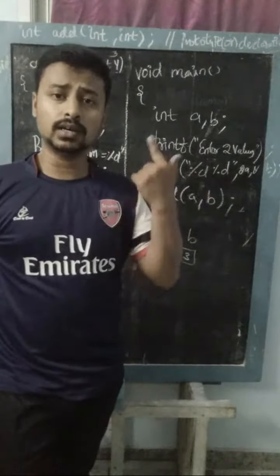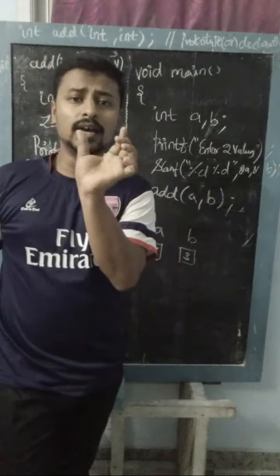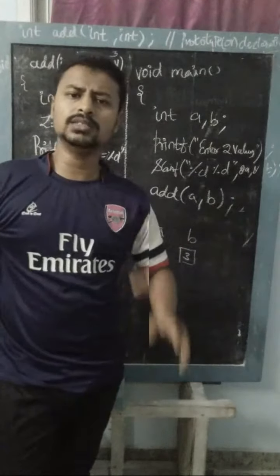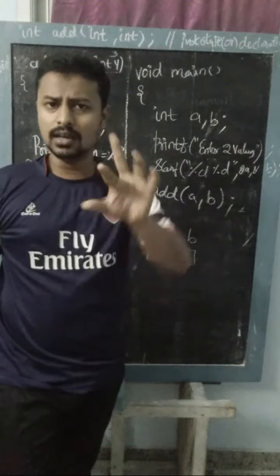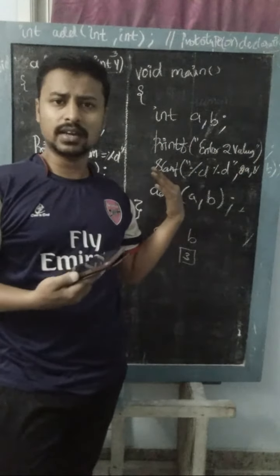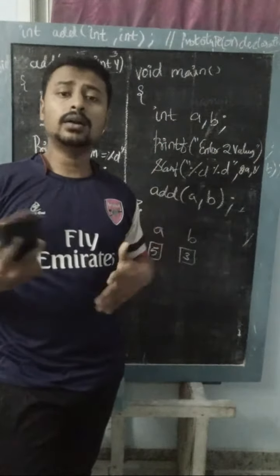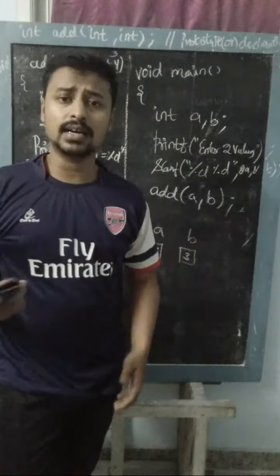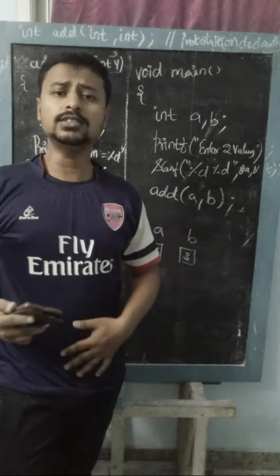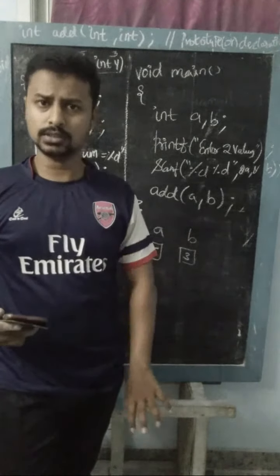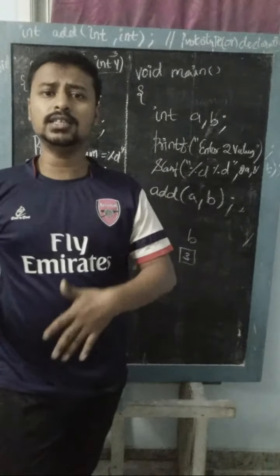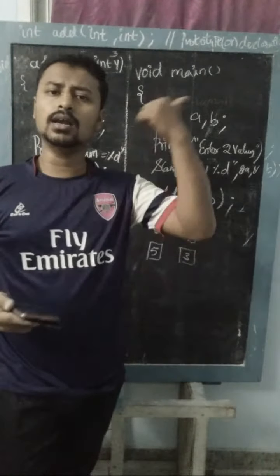In the case of Turbo C, we need to write a function called clrscr, which means clear screen. It will clear the previous output. That formality we didn't write here. And one more function is called getch. getch is used to hold the output, and clear screen and getch, both the functions are inside the